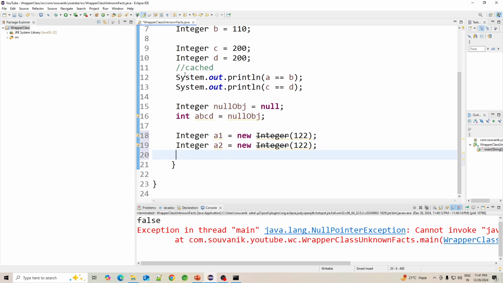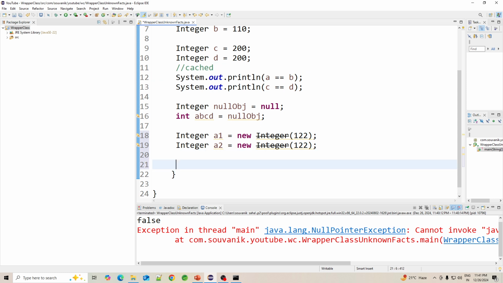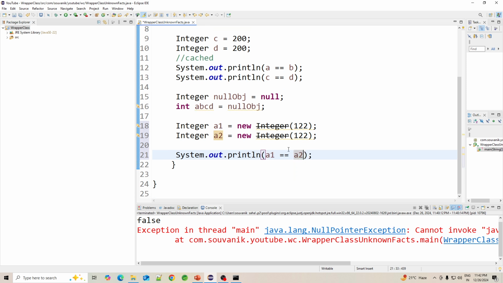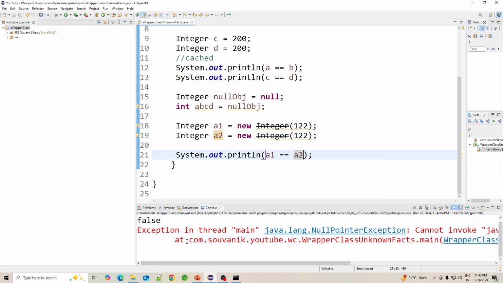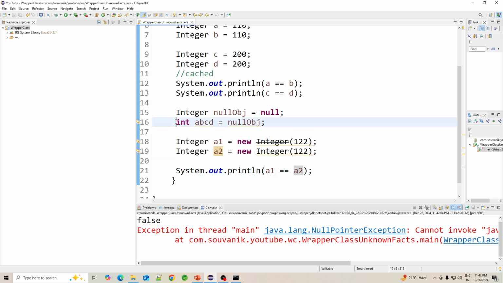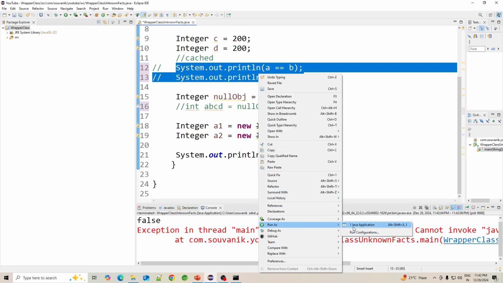Right now I want to do the same thing. I want to compare these two Integer objects which I've created with the new keyword. Let's see what the output will be. I think I have to comment out this line and after that I can see. So yeah, let's see.